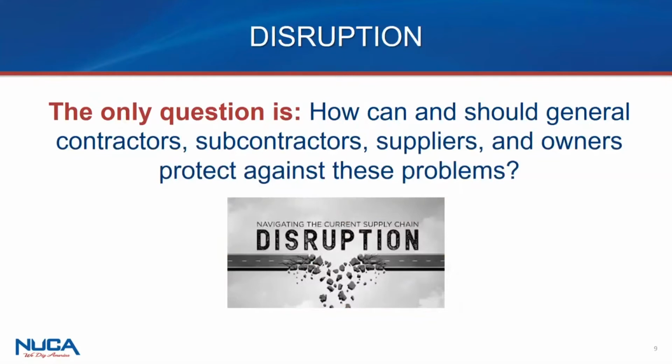So the issue of material related problems, in terms of the time to get it and the cost to get it, is huge. It's not going anywhere, certainly for the foreseeable future. So insofar as we can't change the underlying problem, which is to say get rid of it, what there is to do is, how do we manage it? How do we manage it in a way that there's adequate protections that are equitably made with regard to the owner as well as generals, subs, and suppliers?